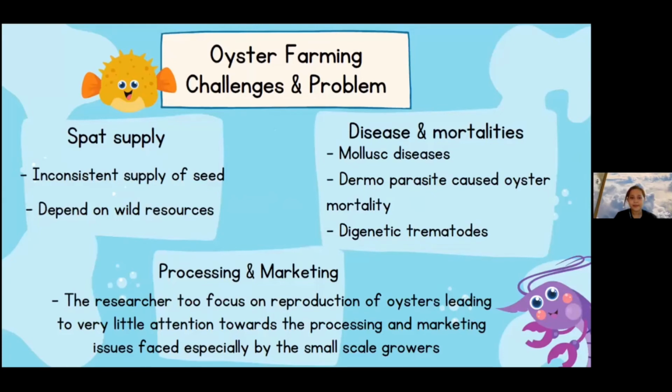For seed supply, most of the oyster seeds used for farming in Malaysia are harvested from the wild, and currently Malaysia is facing a serious problem in starting the industry due to insufficient seed stock. For your information, there was a stage when Malaysia was importing natural seed from Thailand and Myanmar, and now faces difficulties in obtaining natural seed from these countries. The expansion of the oyster farming industry in Malaysia could be much faster if not for the limited seed supply.